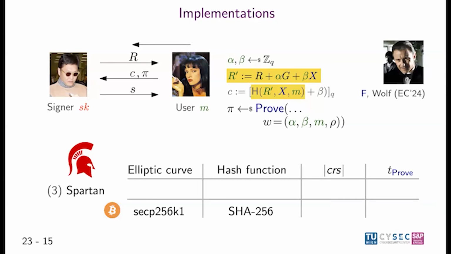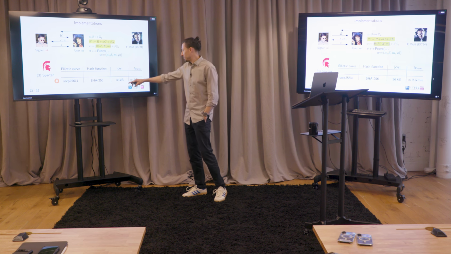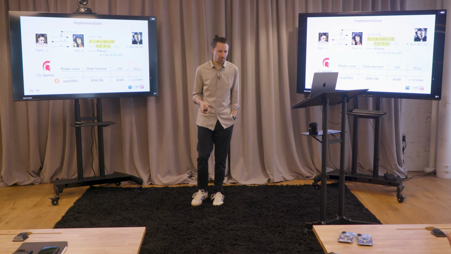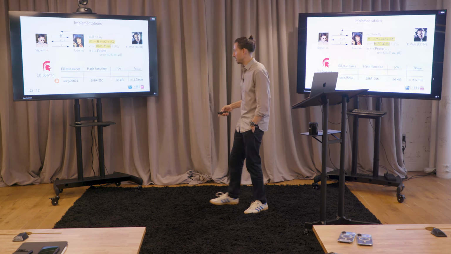So if you use a SNARK that doesn't use pairings, like Spartan, then you can actually make the proof use the twin curve of the Bitcoin curve, SecQ, whose order is the prime of that curve. So this works really well together. So we expected this to be really efficient, but the CRS was nice, yet the proving time was even slower. But we think that's really because nothing was optimized in the libraries that we used. So this should be a lot faster.